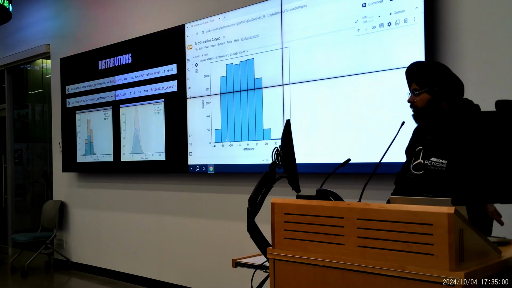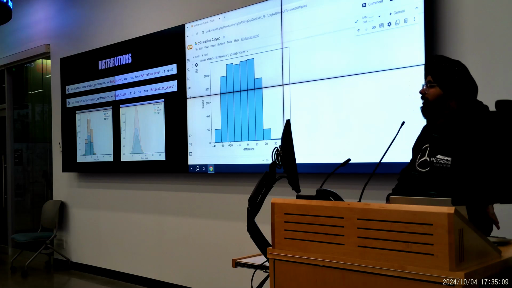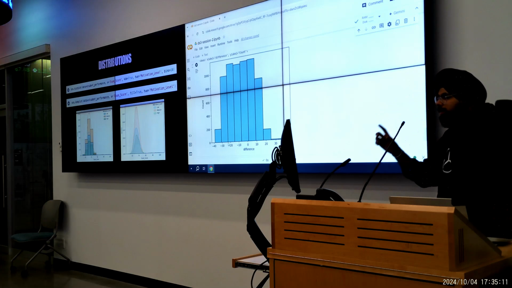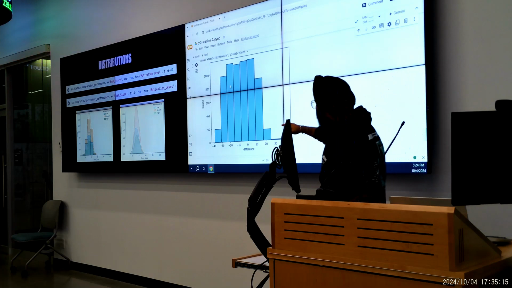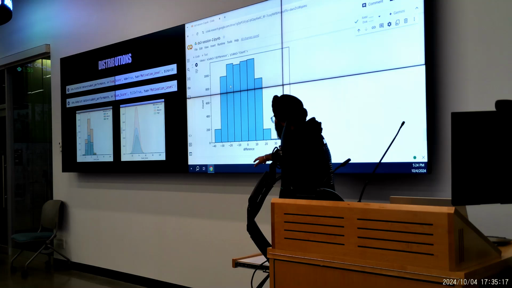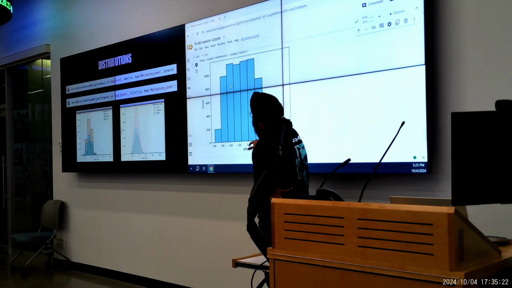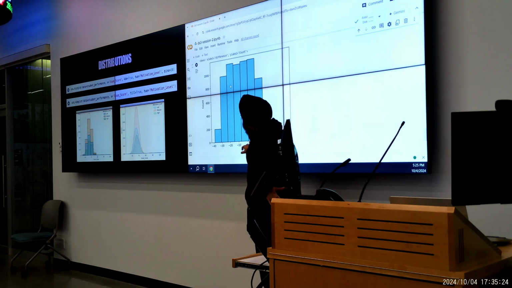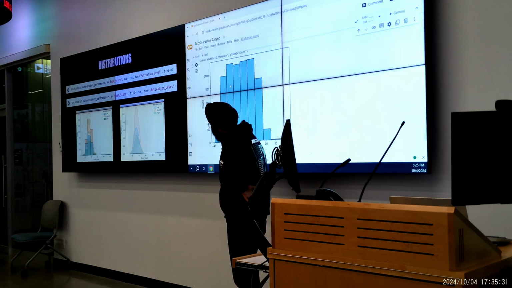So this count represents the number of people who had a decrease of 20 to 30 marks. This one is a 10 to 20 marks decrease because it's minus, right? So what this plot tells you is that you find a uniform distribution. A similar amount of people had a 10 to 20 increase, a similar amount of people had a 0 to 10 increase. And what that means is you see how it's shifted to the left. So that means